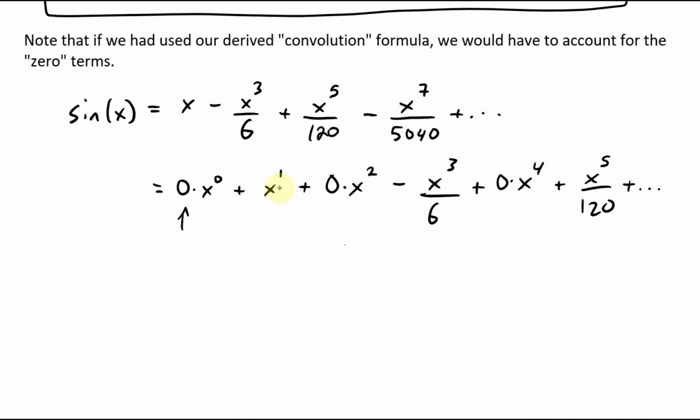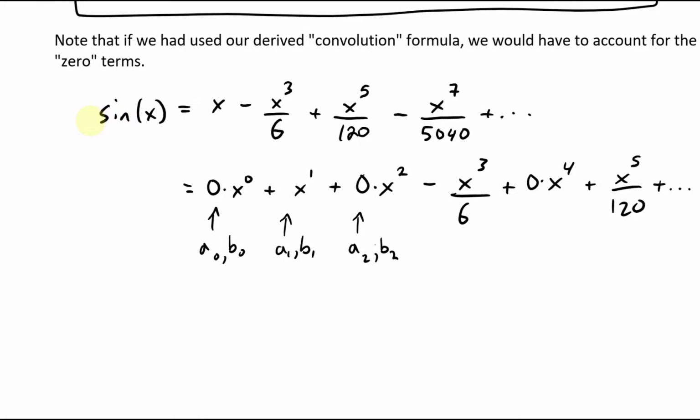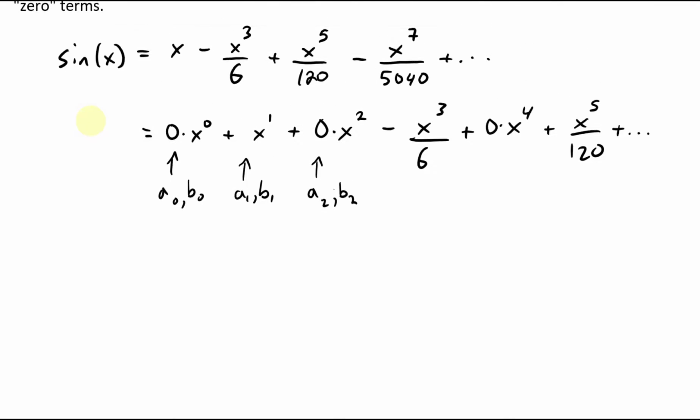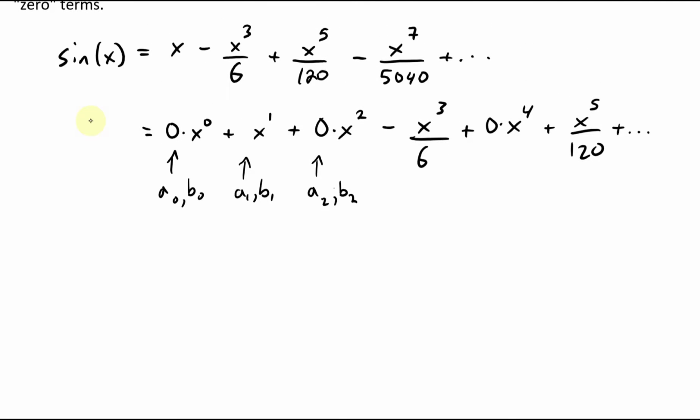This is going to be our a0, b0 at this part. And then this one here is going to be our a1 and b1. They're the exact same one because this is the same series. We're just squaring itself. This one's going to be a2 and b2, both the same thing. So anyway, now if we're using our convolution formula, let's put